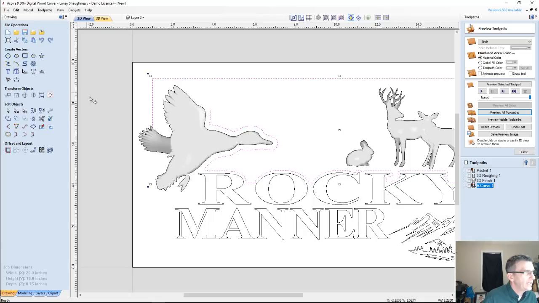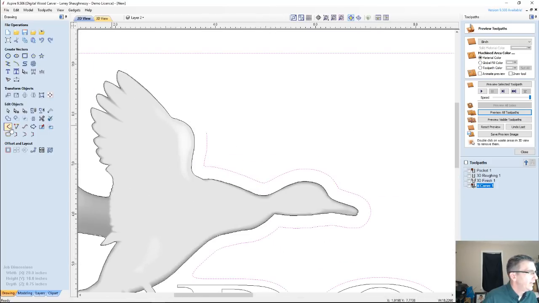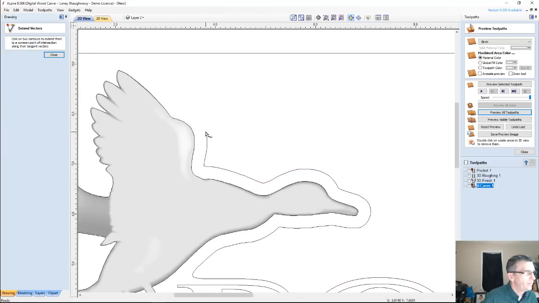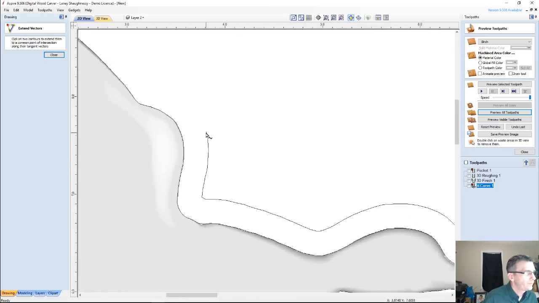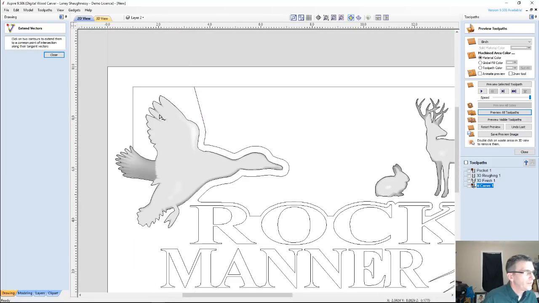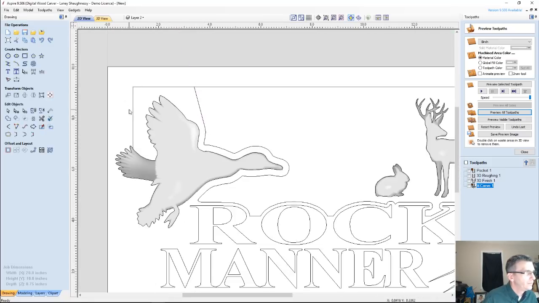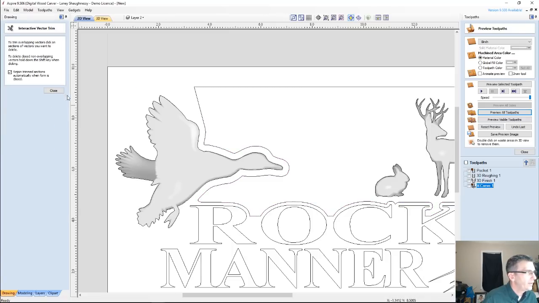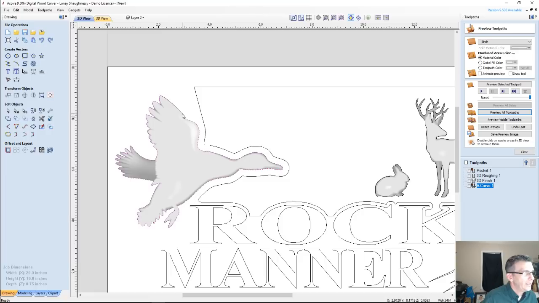I'm gonna take this vector here and I'm going to extend him in his natural path up to here, and I'm going to trim away that. And so